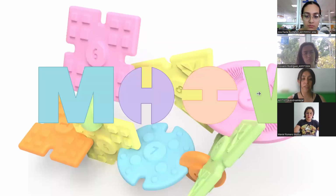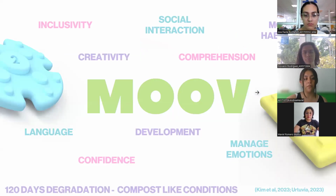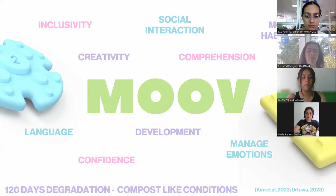Concerned with this issue, the minds of the Polytherium team came together and developed MOOV. MOOV derives from movement, and what moves us as Polytherium is to enhance biotechnology to create a greener world. This product is a biodegradable, non-toxic, long-lasting building children's toy, and can be degraded in bioactive soil and compost-like